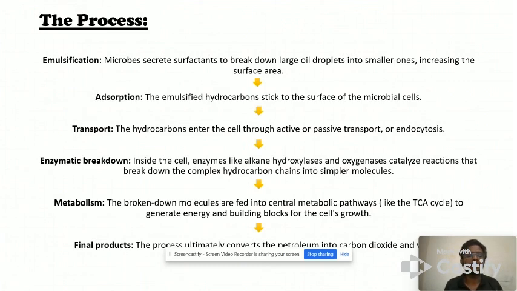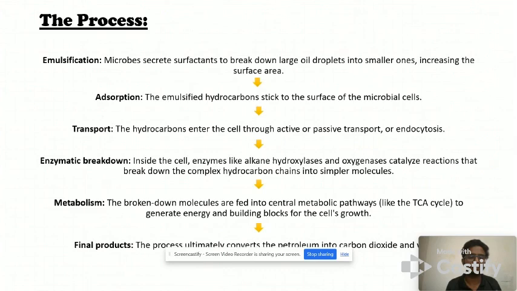And adaptation. The emulsified hydrocarbons stick to the surface of microbial cells, and these hydrocarbons are transported into the cell through active or passive transport, or also endocytosis. Then from there, the next step includes enzymatic breakdown of these compounds. Inside the cell, enzymes like alkane hydroxylases and oxygenases catalyze these reactions that break down the complex hydrocarbon chains into